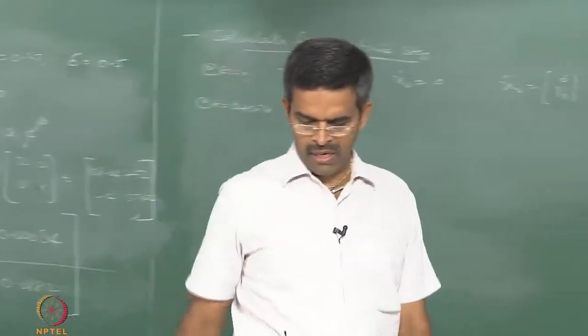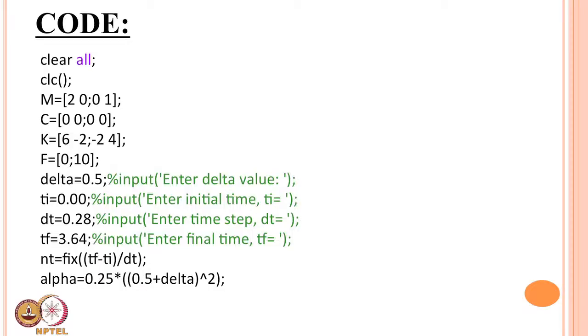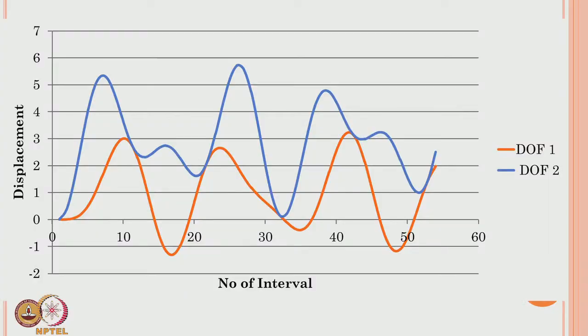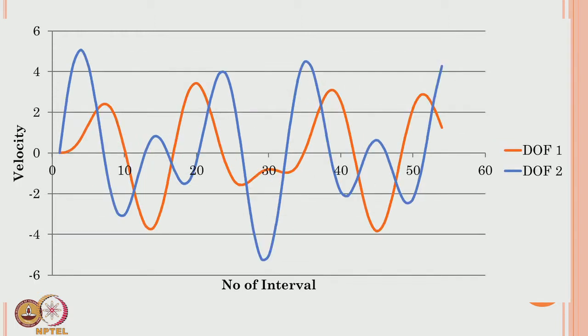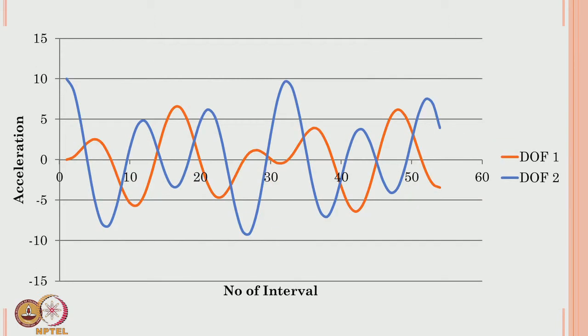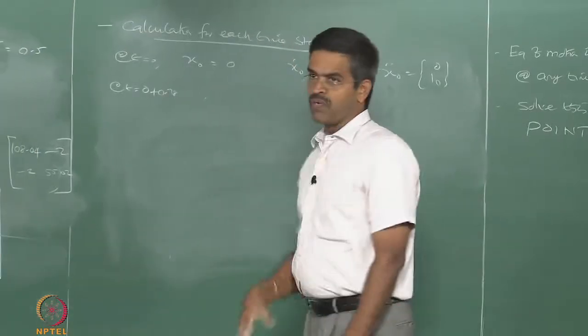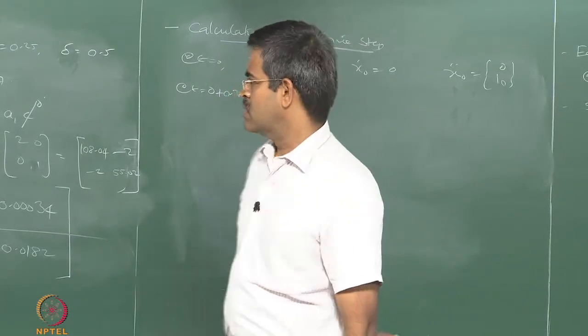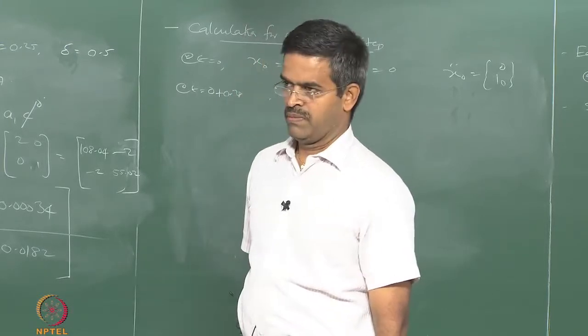So I am going to, please see the screen now, go to the MATLAB. So the code is available there. For about, let us say, 55 seconds or 50-60 seconds from 0 onwards, the degree of freedom 1 and 2 is marked on different legend colors: displacement, velocity, and acceleration. It looks like a continuous result. This is how you get the time variation of the displacement, velocity, and acceleration using a numeric integration scheme as suggested by Newmark in 1960s.